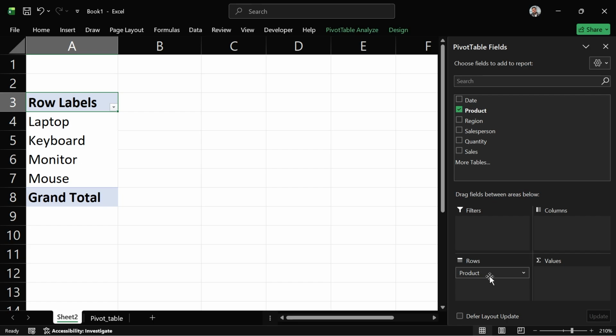I wanted to see product, and that's why I kept product in the row section. Now I need to answer the second question: what do I want to calculate? Whatever we are trying to calculate, every calculation, we perform in the pivot table under the values area. In the value area itself, we perform all the calculation. So that's why we will drag cells in the value section, because we wanted to calculate